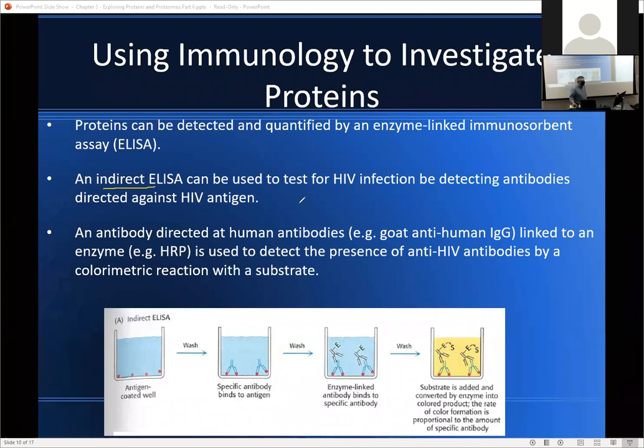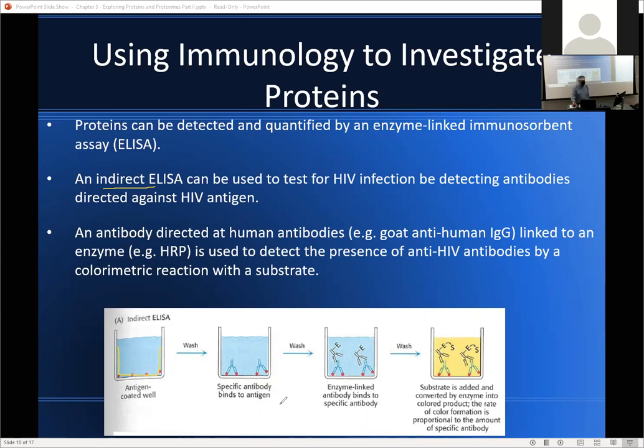So we take the protein that we want to detect. Well, that's not entirely true. What we're assaying for in an indirect ELISA, we're not really looking for the protein. We're looking for antibodies that recognize that protein. So in an indirect ELISA, the first thing we do is we coat the wells with the protein that's detected by the antibodies. Second step, so we do that, then we do a wash step to wash away any impurities. Second step is when we add